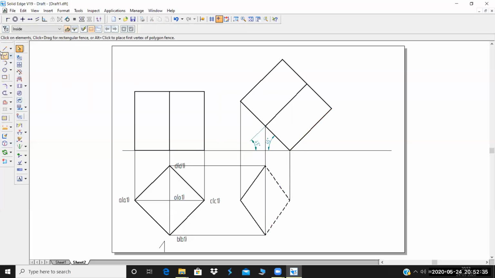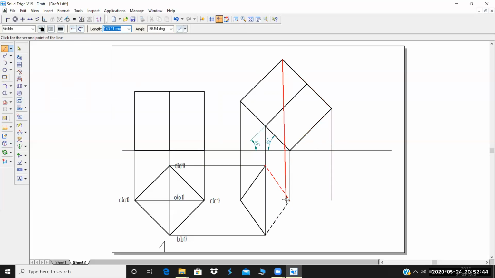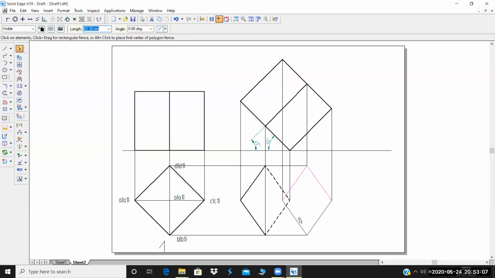Now similarly you have to project for the top face. The topmost face will be visible to you, because when it is inclined like that, the whole top face will be visible to you. Join all the points. You can see that both the faces are similar here. These two are similar again, but since all the top face edges are visible, it will be a continuous line.